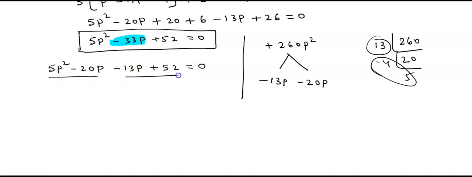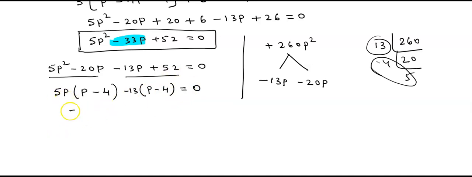Now these two terms and these two terms are the factors. I am going to take the pairs here, in which I am going to take 5p as common. Then here p, 5p into p is 5p square, minus 5 4s are 20, already p is out. So here again I am going to write the same term in the bracket, p minus 4. Here p has come, so what is left out? Outside minus 13. Now you multiply, minus into plus minus, 13 into p 13p, minus into minus plus, 13 4s are 52. That is equal to 0.